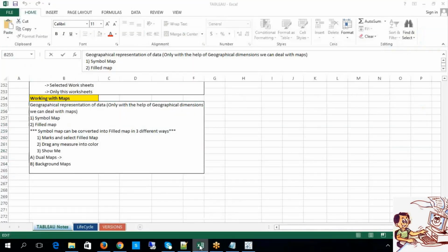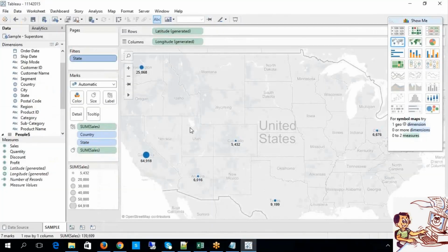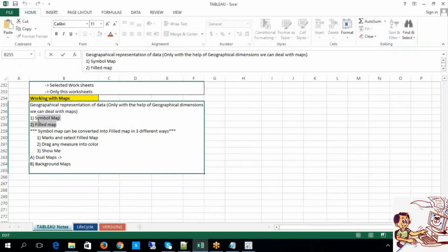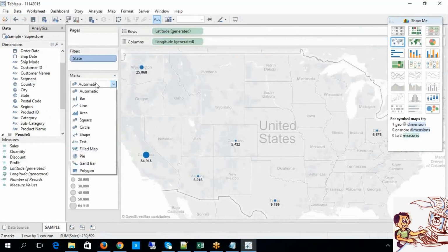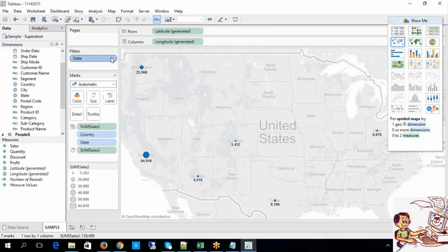Now, there is also another type of map called filled map. What is that? Filled map. Either you can choose in this way or else simply you can do one thing.